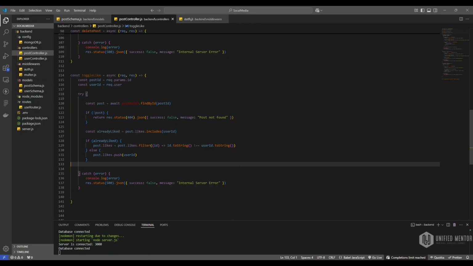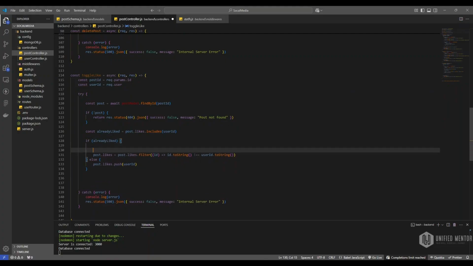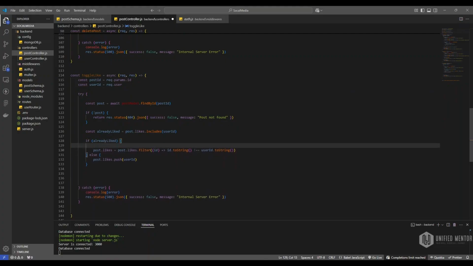so that it will toggle if the user id is already liked, and it will check if the user id is not equal to the user id. If this side is not equal to the user id string, it will unlike, means it will filter out that one. If it is not there, it will push it and like the post. We'll just give one comment here so that you guys can understand. Unlike means, as we're using the filter method, it will remove our user ID from the likes array,